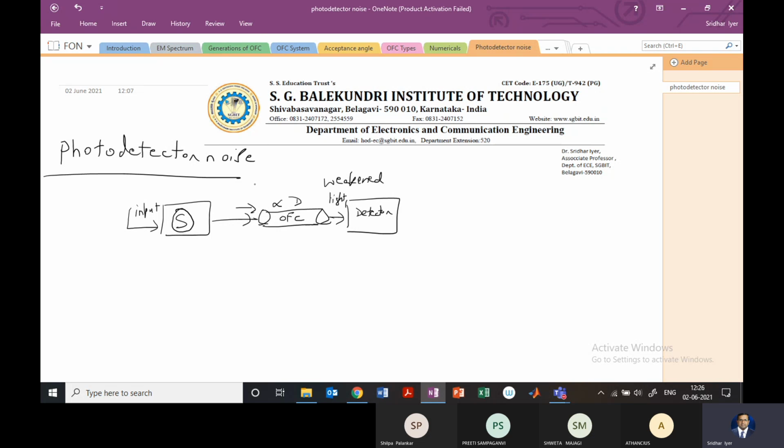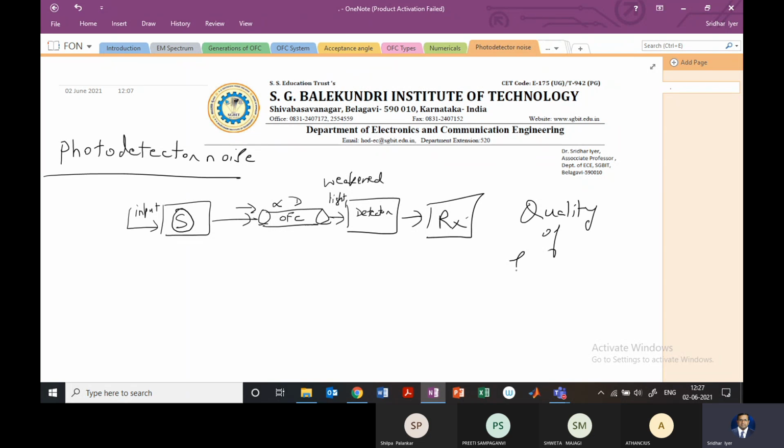So what we require from the photodetector is to detect very weak optical signals. The detection of the weakest possible signal requires that the photodetector and the following circuit, which will be the receiver, which we will discuss later on, both be optimized so that we get what is known as a desired quality of service.